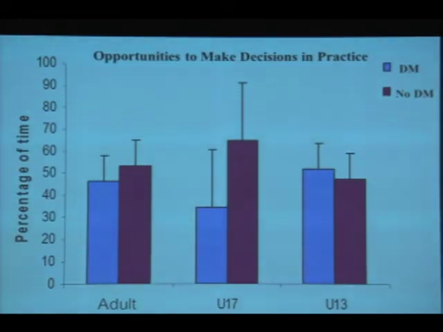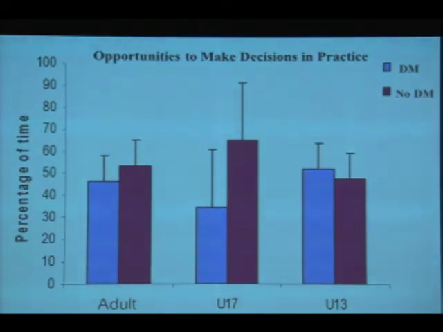As you can see here, less than half of the time were players engaged in practice activities that required them to actually make strategic decisions. So it's related to the previous graph. Physiological work, no decisions. Technical training, typically no decisions. Skills practices, typically no decisions. The coach usually tells you, receive the ball here, turn and play the ball over there. Even a lot of the playing form activity doesn't involve decisions. In a lot of the set play work and the defense against attack phase play work, the decisions are largely made by the coach at a strategic tactical level, and the players play around with how they're going to implement those decisions.